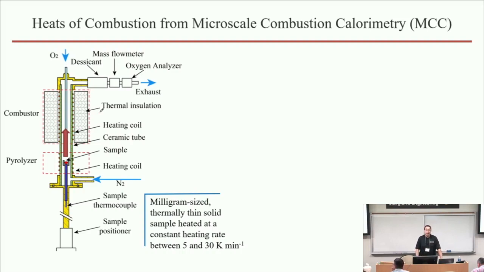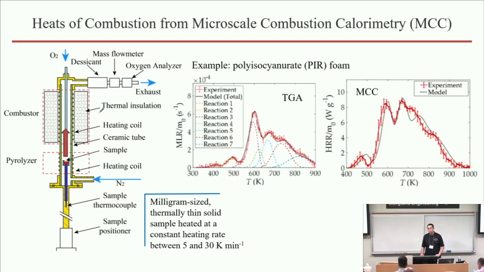It's very similar to TGA in the idea, but unlike the TGA, you're measuring the heat produced as a result of combustion of gaseous volatiles, and you also plot it as a function of temperature of the sample. Now, that instrument can be analyzed using the model that we built on the basis of TGA and DSC. So here is an example of this analysis that is done for polyisocyanurate foam. The reason I switched the materials here is because polyisocyanurate foam has a much more exciting TGA trace than polybutylene terephthalate, which has a single peak. So that material has a complex behavior.